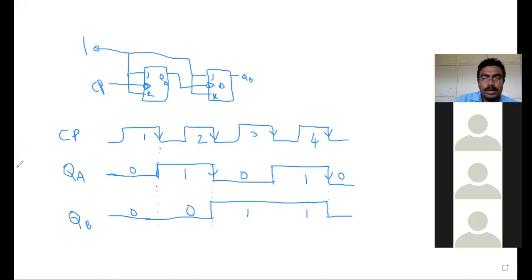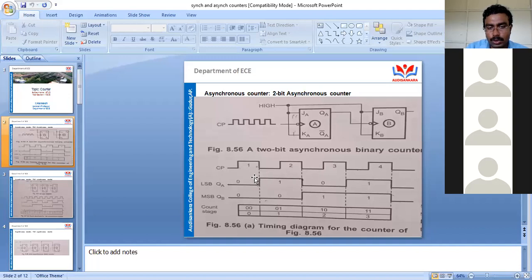Then let us go here, students. I'm not going to draw that. I'm going to show you how that 3-bit asynchronous counter looks. Look here, students. Same thing I have drawn on the whiteboard. Since I'm considering 2-bit information, I have a total of 4 states. If I'm considering a 3-bit asynchronous counter, how many clock pulses do I have to consider?